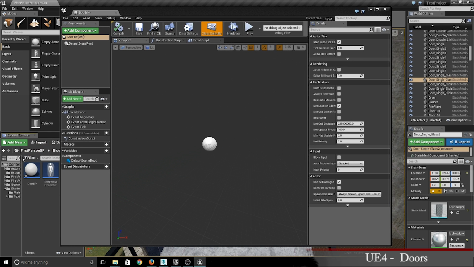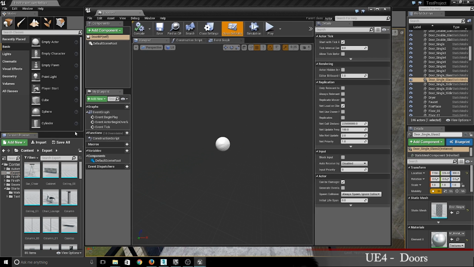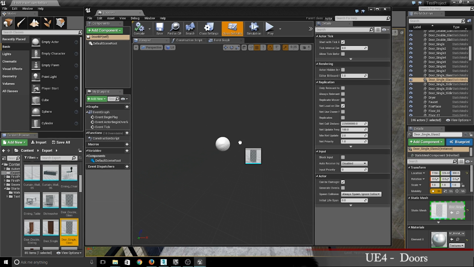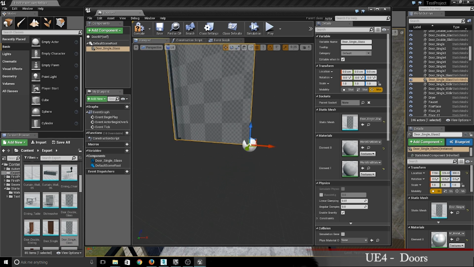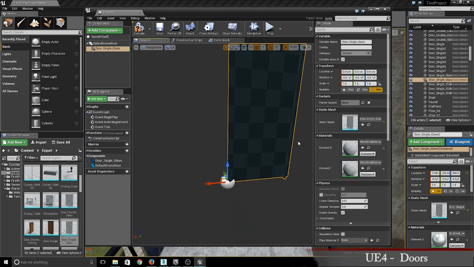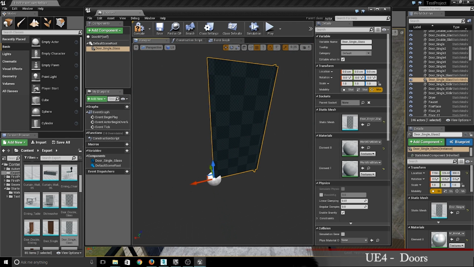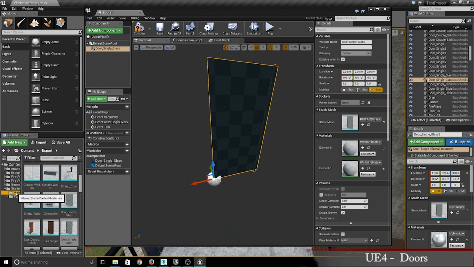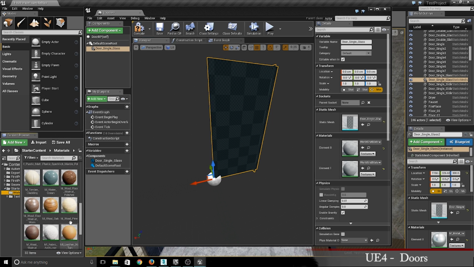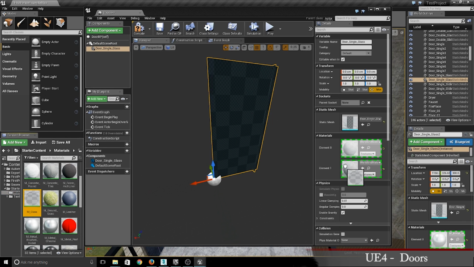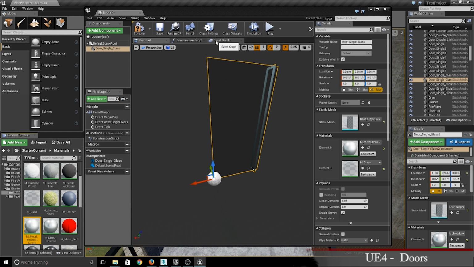And what we need to do is come over here and find our door. Drag it in here, and looking good. Now what we're going to do is apply the materials back on there just so that it still looks good when we export it over. So now what we need to do is go to this event graph,